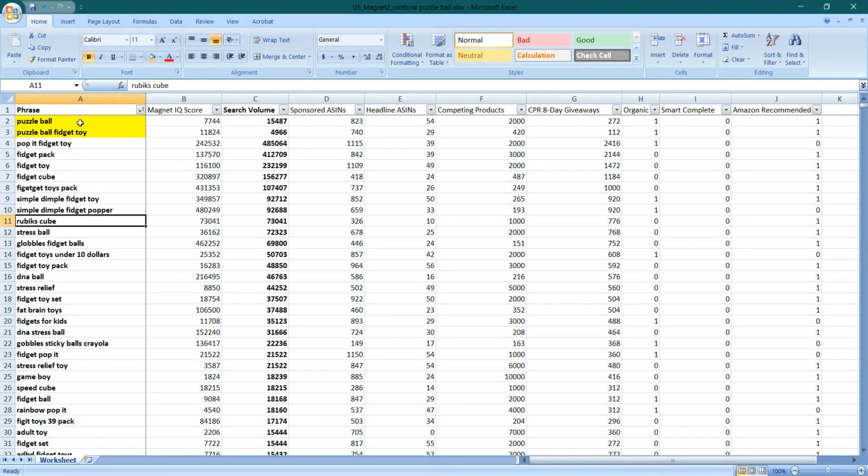So if you have highlighted 25 keywords, all those keywords will be sorted on the basis of color, and all the yellow ones, which are the highly relevant keywords, will come in a bunch at the top. So that is how you will know that, sorted by search volume, these are the most relevant keywords. I hope this video will be helpful for you. Thank you.